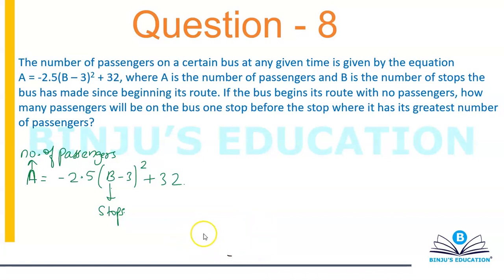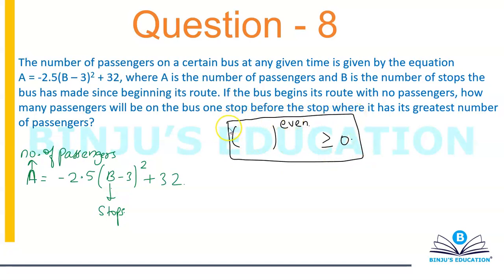While we were doing exponents, I told you that whenever you have an expression and you have an even power to that, the result is always greater than or equal to 0. Whenever you have an expression with an even power, the result can never be negative. For example, x square is never negative. For example, (y minus 1) whole square is never negative. Take any value of y, it doesn't matter. So whenever you have an even power, the result is always 0 or greater than 0.